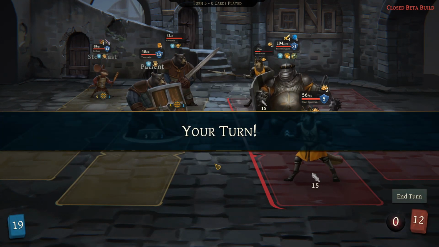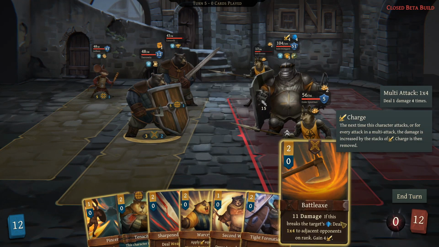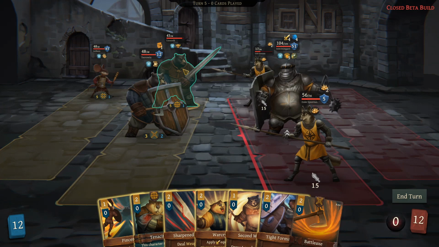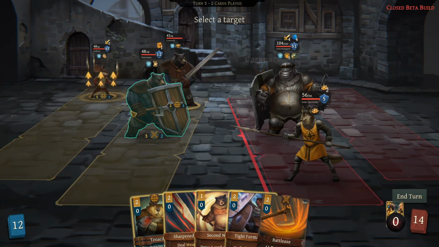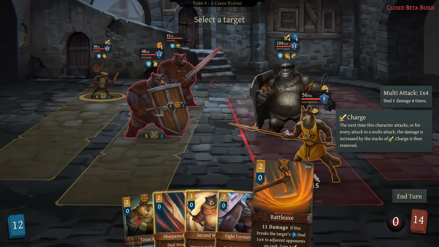Oh, that didn't actually work out. Well done, you. Battle Axe. If it breaks defenses, does damage to nearby people. So what are we going to do? We're going to start with immediate pincer by you. War Cry. Pincer on you. You're going to get to do Battle Axe on...